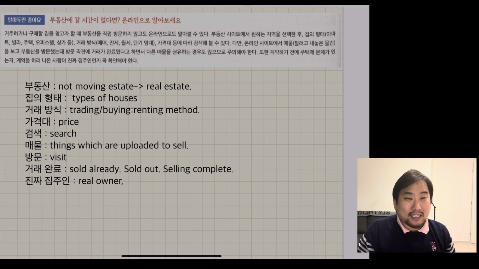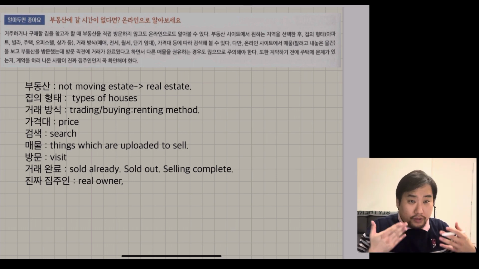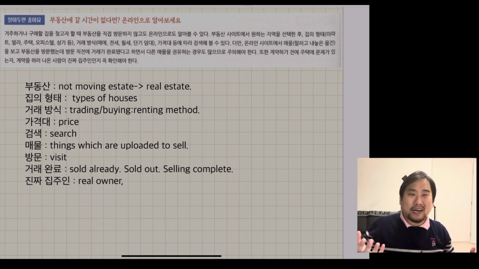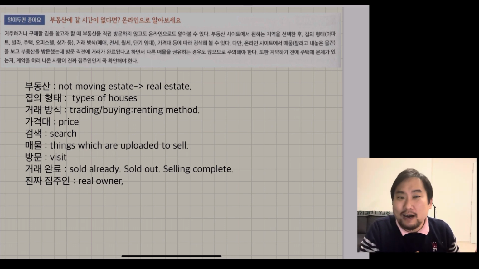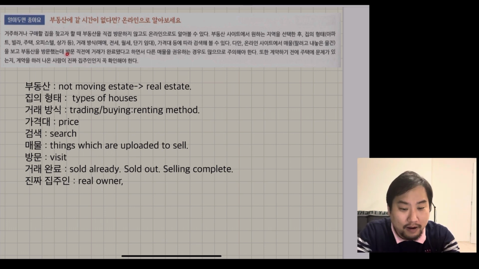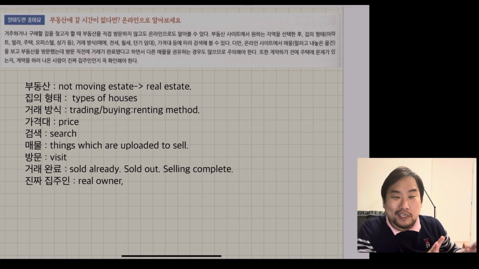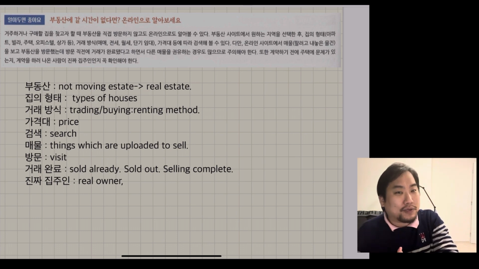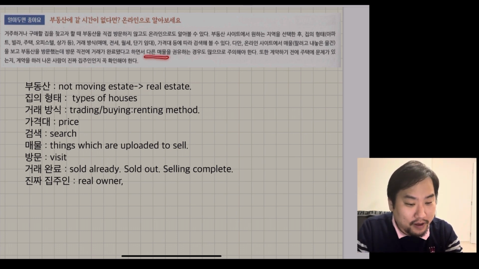So yes, there are certain fake apartment listings on the website. Wow, there's a super good house, but when you go to visit, it's already sold out. So I recommend you a better house, but you'd better care about the fakes. 방문 직전에 just sold out, just a minute ago. So I recommend you a better house. 다른 매물을 권유, recommend other things, you should be careful.